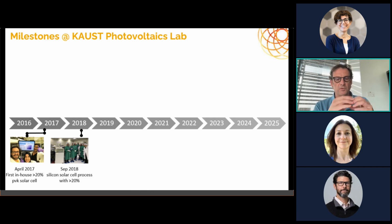So basically, we have an absorber. In our case, it's silicon. We deposit an electron and a hole selective material, but in between these contact layers and the absorber, you need to passivate as well as possible because this will enable high voltages. We see that in perovskite devices, but actually the silicon heterojunction cell has also explored that idea significantly by using amorphous